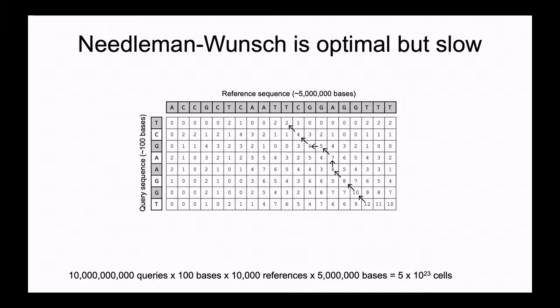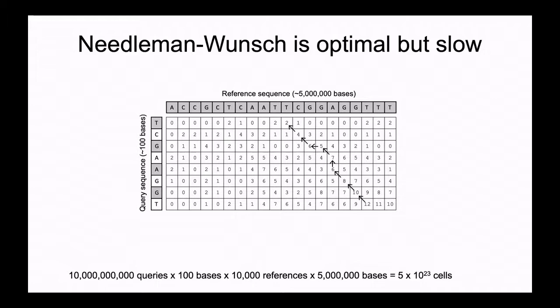So you have to basically slide it along the reference at every possible point and insert gaps at any possible point to find the best match. That's the challenge. And to do this on an entire shotgun data set would be very time consuming.